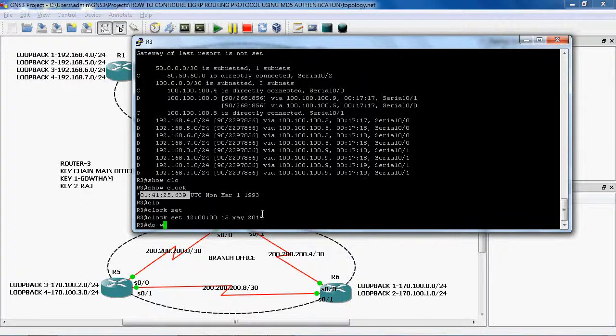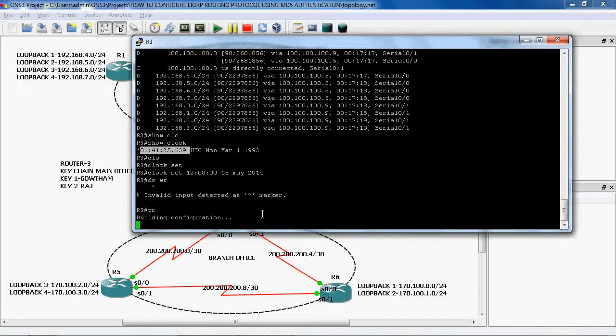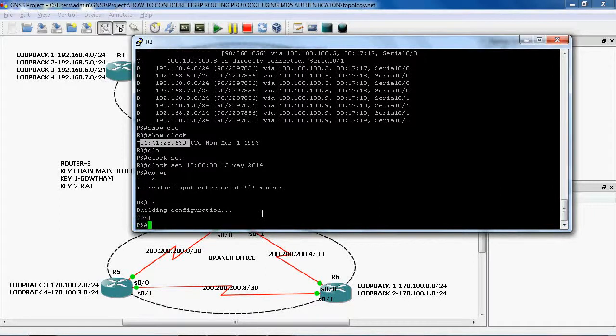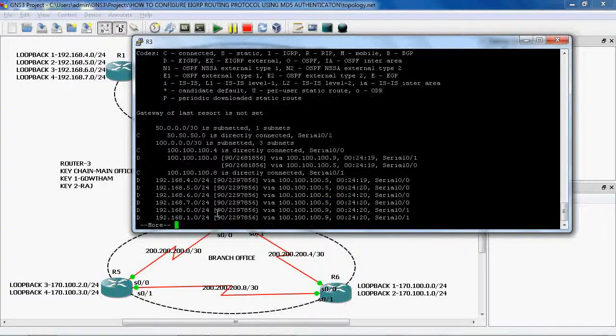Okay, do write. We can save this configuration. It will take a few seconds to save. Yeah, it is saved. We can check show clock. Yeah, now the date and time is Tuesday, May 15, 2014. Okay, so show ip route, still it will not form a neighbor relationship.